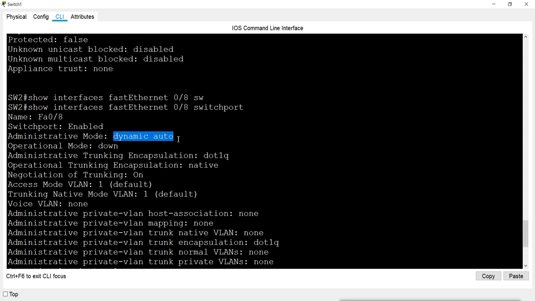It is in a dynamic state. Right now there is no operational mode because the port is not connected. If you connect it to a PC, it will change to access, and if you connect it to another switch which is doing trunk, it will convert to trunk automatically, because it is by default in auto mode.